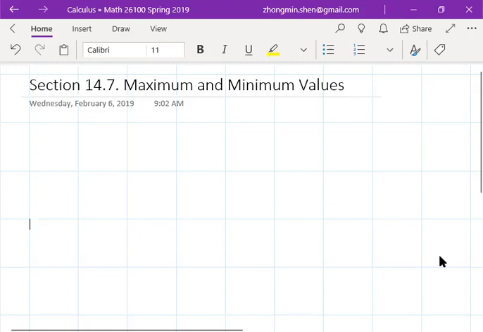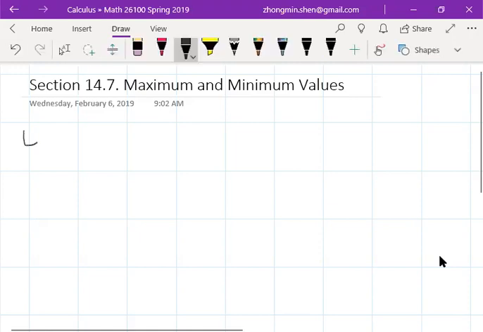Yes, 165. Okay. So first of all, it's easy to understand the definition. A number is a local maximum value or local minimum value, right? And that means in a small neighborhood, the value of the function is always smaller than or equal to that number. So let me give you one definition for local maximum value. Okay, a number,